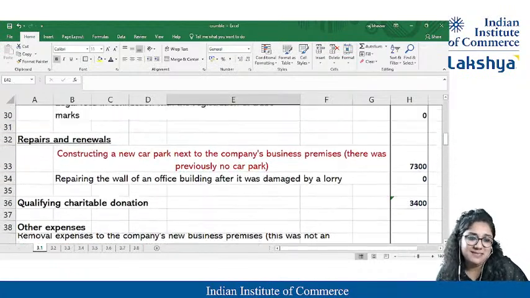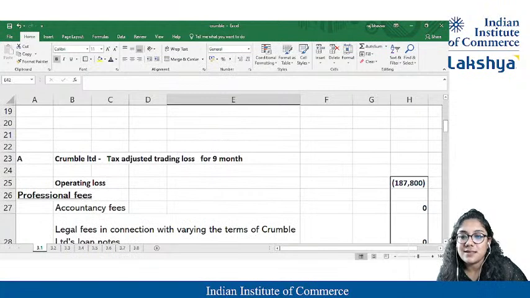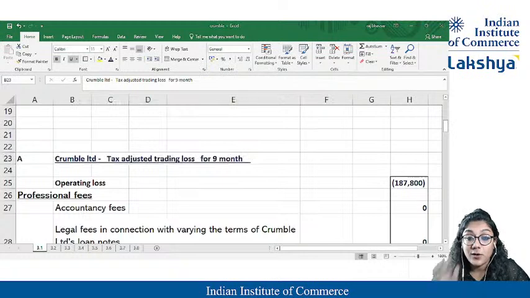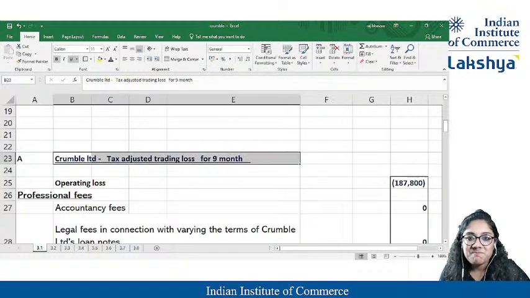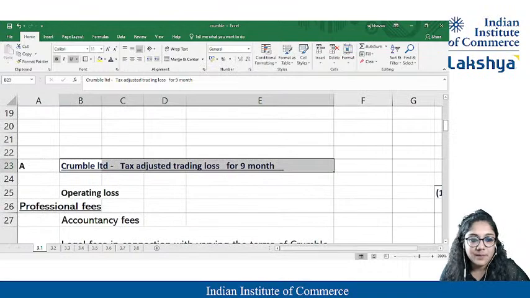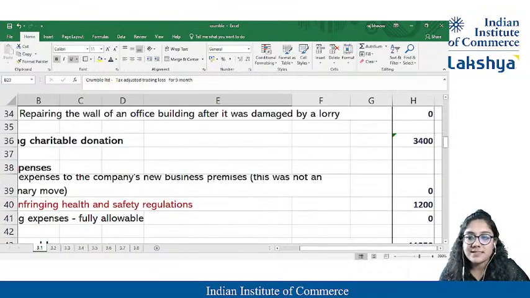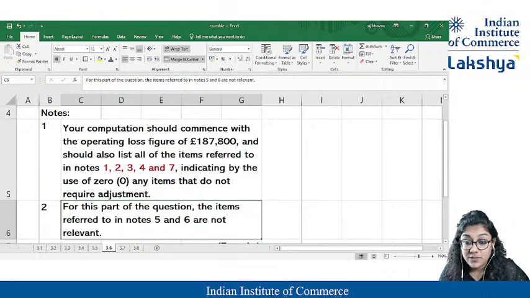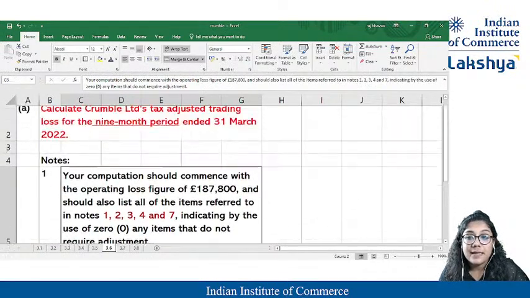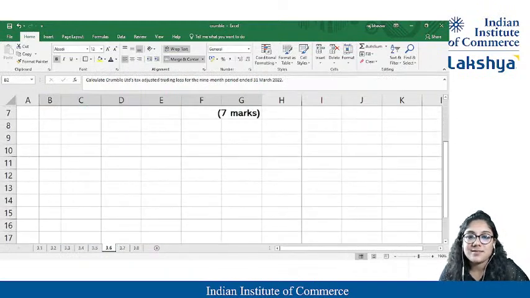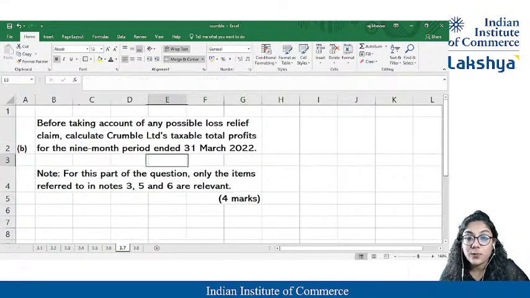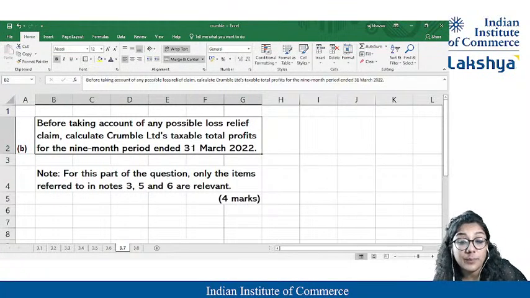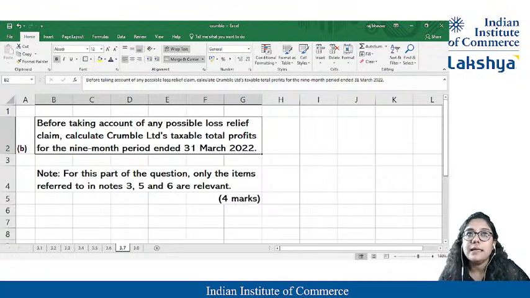Was that not easy? It was easy, ma'am. It was very easy. It's just that you all have prepared the P&L account, and you all got 7 marks. Yeah, simple. I got this figure and it's done. Now let's figure out the second question. What is the second question, which is now important? I analyzed my first question and I got 7 marks. Cool. Students, what is the second question? What is the B point, which is worth 4 marks? Before taking into account the possible losses.